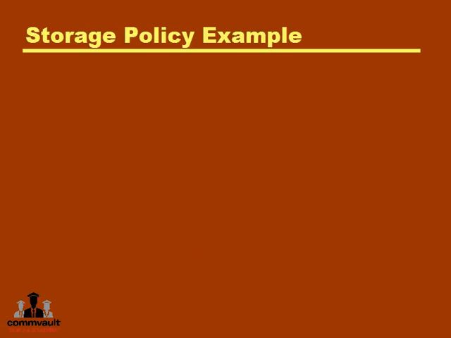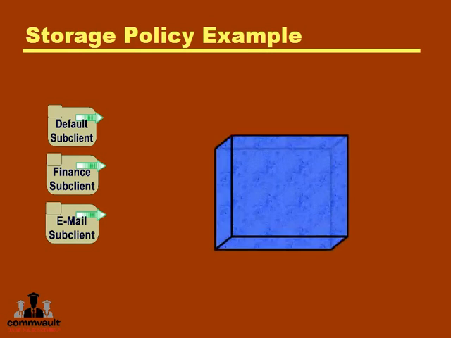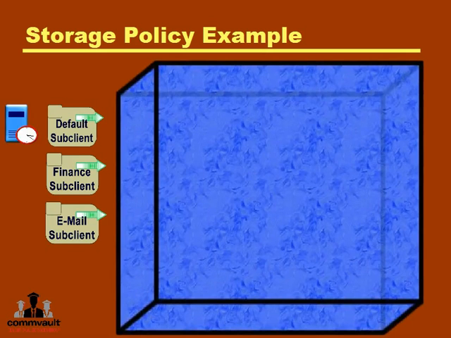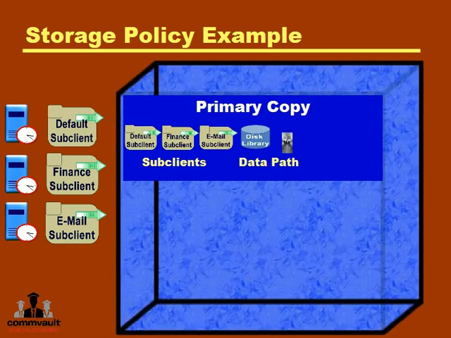So let's apply an example. We have 3 subclients: the default subclient, which contains data required to restore the operating system, a finance subclient managed in financial databases, and a mail subclient managed in user email. These subclients are associated with a storage policy. Schedules on the production servers back up each of these subclients to the primary copy. The data path will be a disk library and 1 media agent, and the retention will be 30 days and